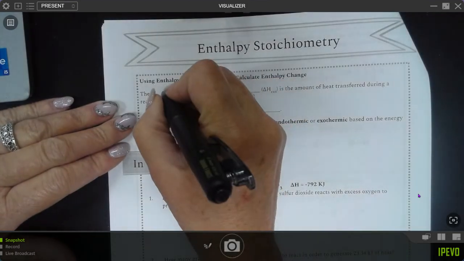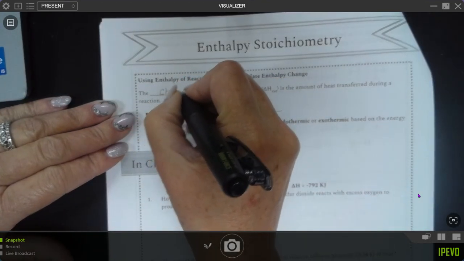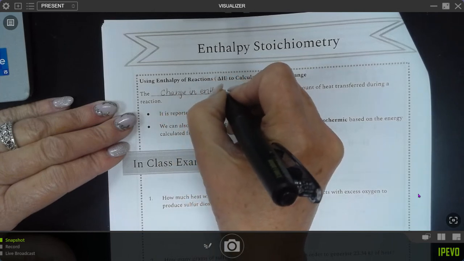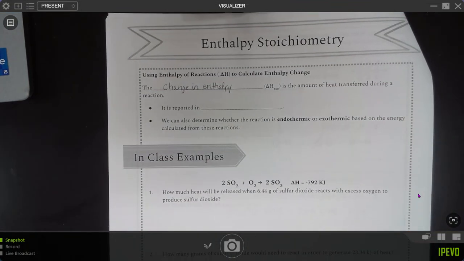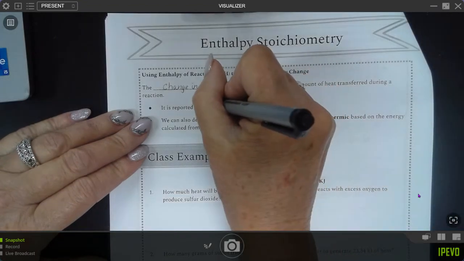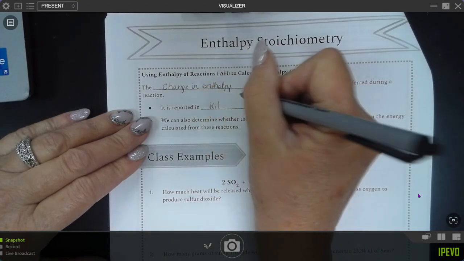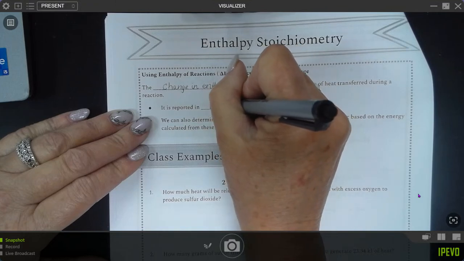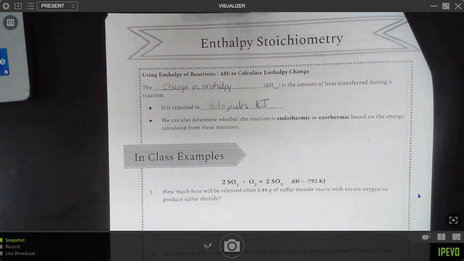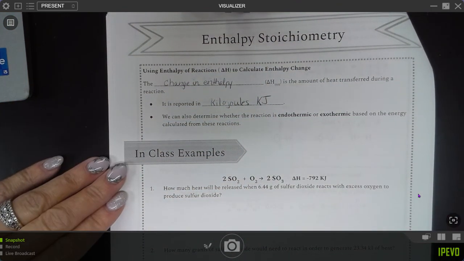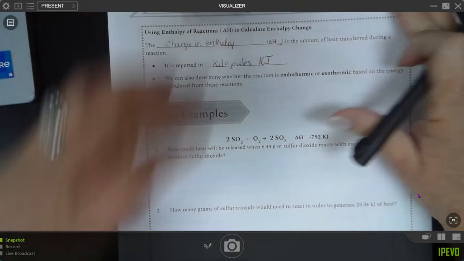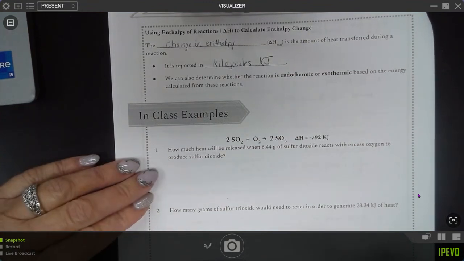Okay, so as we've been talking about, the change in energy, in enthalpy, delta H, is what we have been talking about for this whole unit. Okay, for us, we're going to look at energy in the terms of kilojoules. So we'll abbreviate that kJ. Okay. It turns out that we can calculate the energy change in a reaction specifically using the mole ratio and